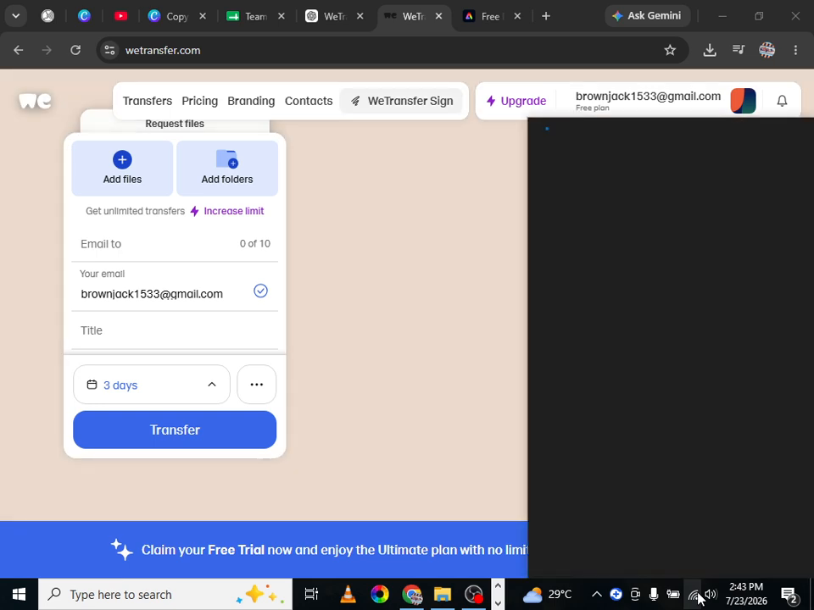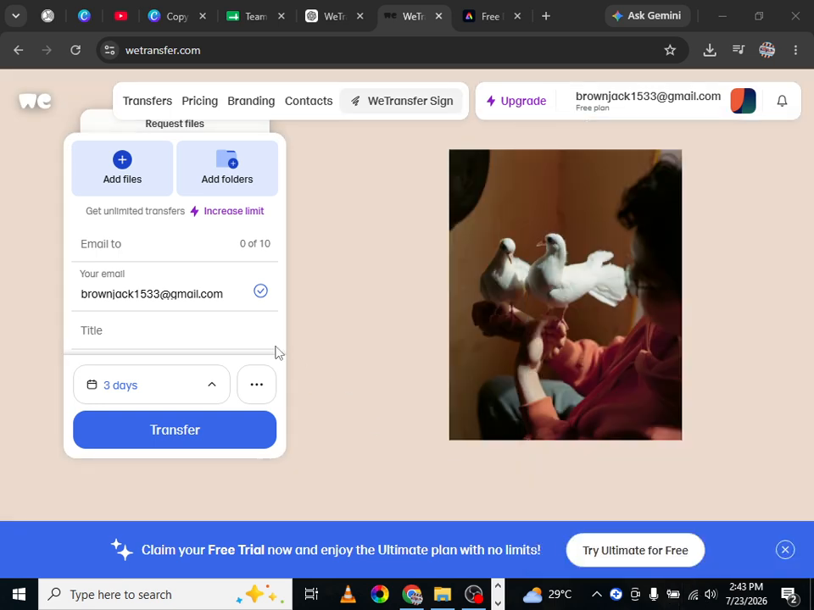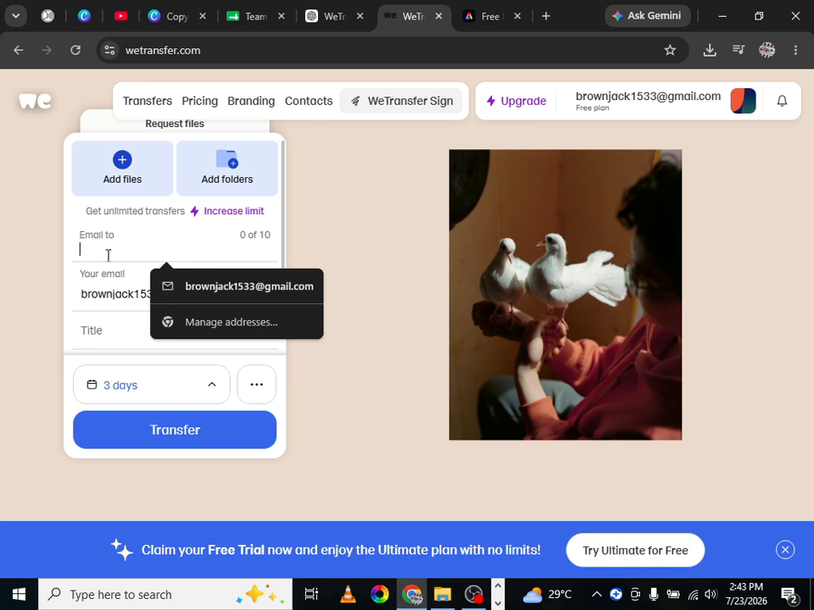Next, choose how you want to share your files. You can enter the recipient's email address to send the files directly, or switch to the Get Link option to create a download link. If you're sending by email, type the recipient's address, enter your own email if required, and add a title or